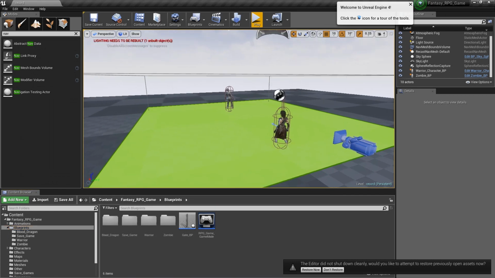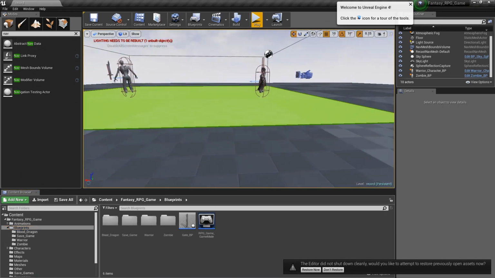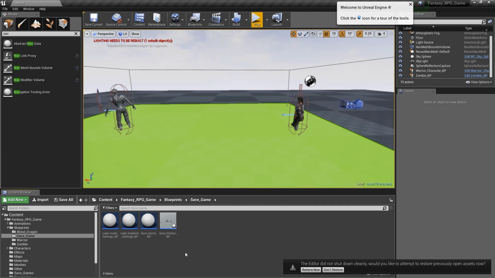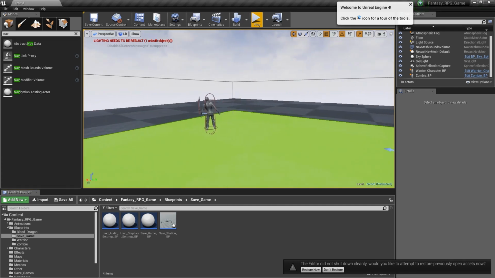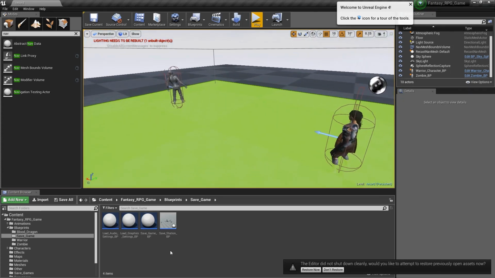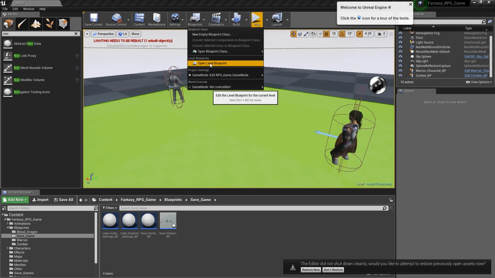Okay, so now we're going to save our game. Okay, save and load our game. This final stage is going to be quite easy because the save game blueprints do most of the work for us. Actually, I think they do all the work for us. So the first thing we want to do is go back into our level blueprint,